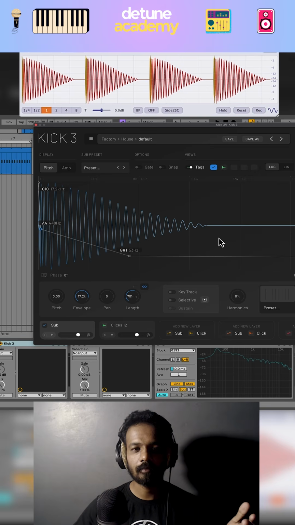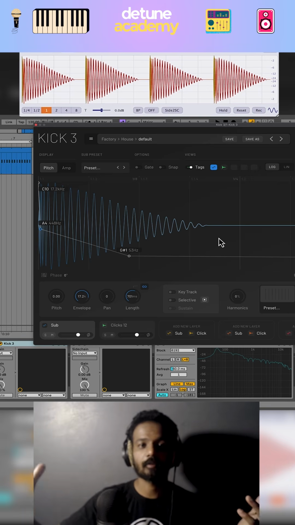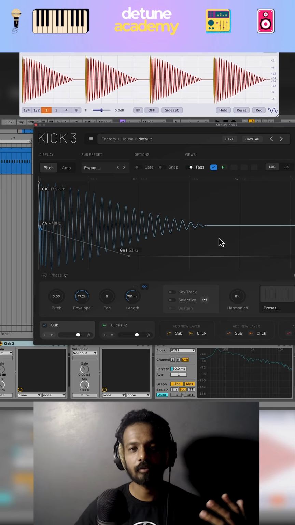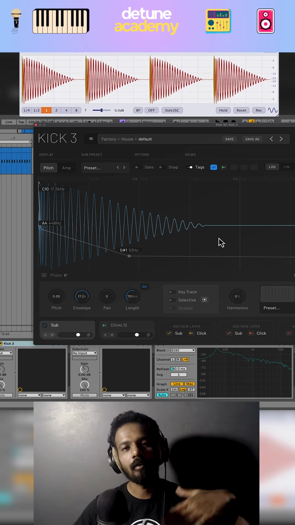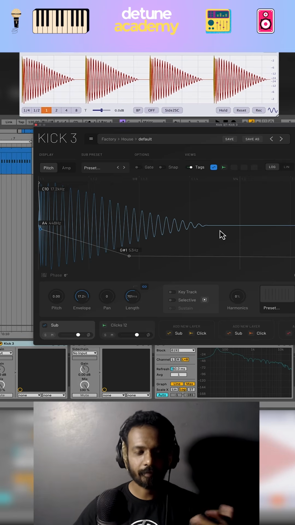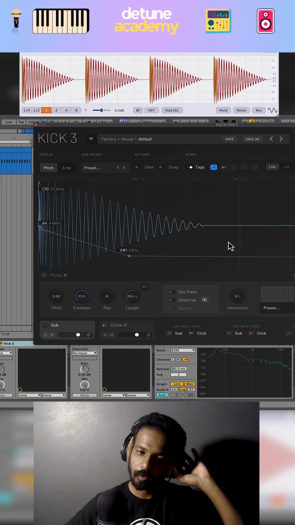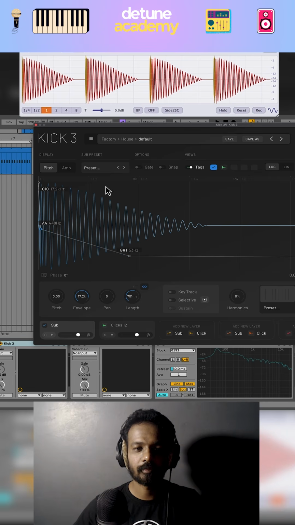And even apart from that, if you say that you love samples and like to have samples, you can also layer Kick 3 along with whatever samples you may be using for kick. So the whole idea of this video, I'm going to be talking about first this overview